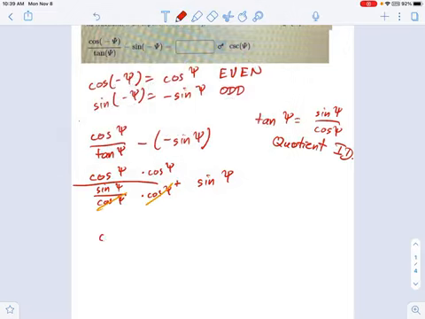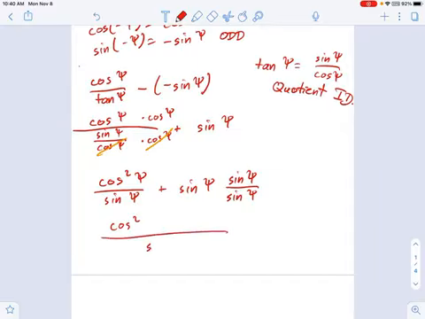What we get on the top is just cosine squared. What we get on the bottom is simply the sine function. And here's my simplified form. I'm not done yet, but this is looking better. And what I can do to add fractions together, remember, is multiply to get a common denominator. We're going to use a crazy one over here. And if you simplify that, we get a single fraction, right? Sine psi is the denominator.